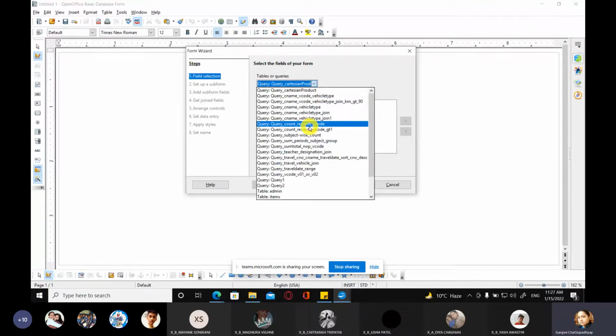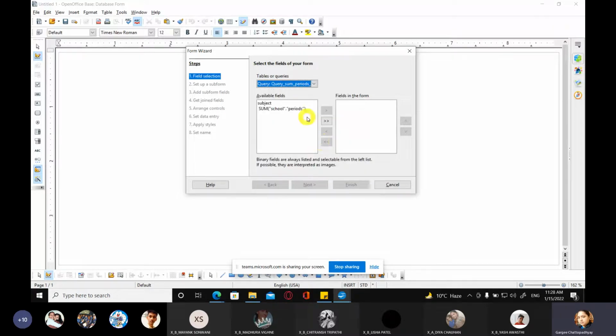So here you can see, let's take up the case of the query sum of periods subject group. So I'm going to select this query. Whatever is there, just pass it to the fields. Now, whenever you are creating forms using queries, insertion of records might become a problem.